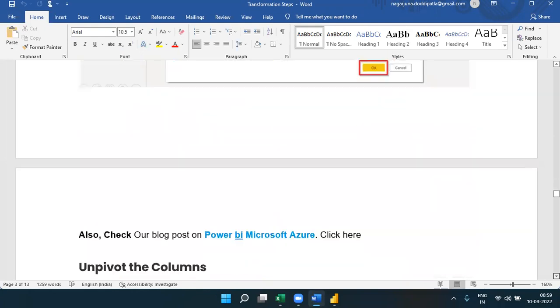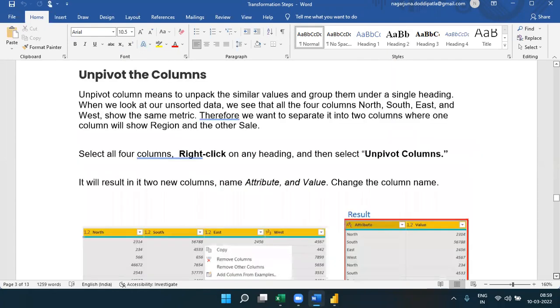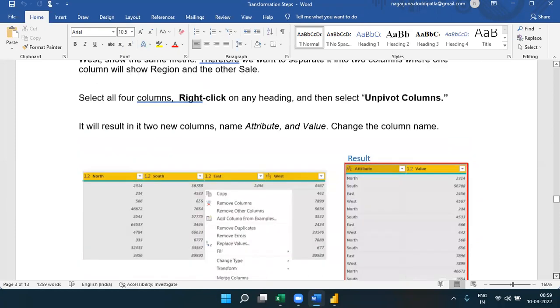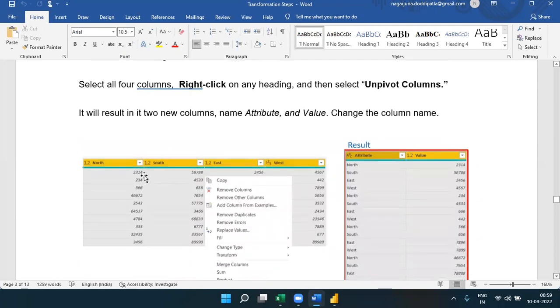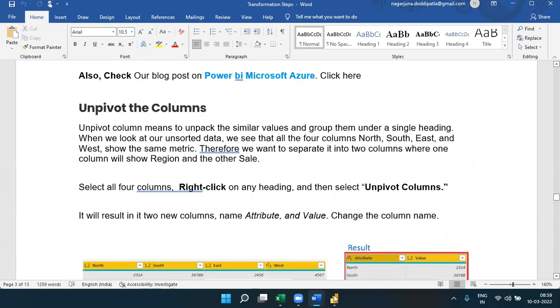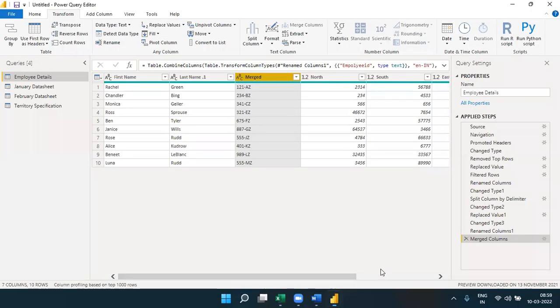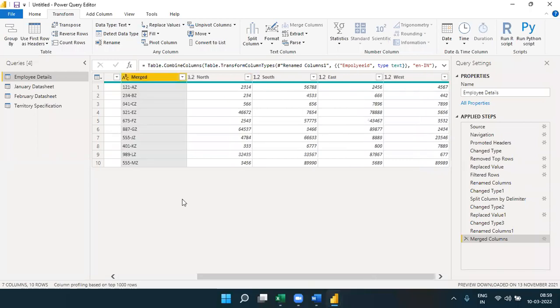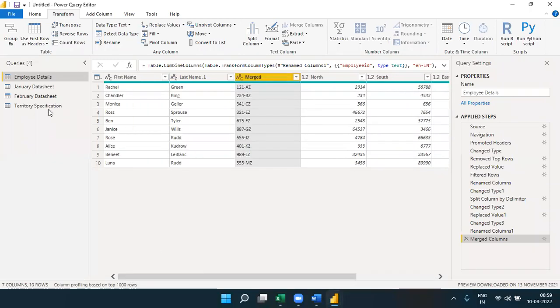So next, unpivot the columns. Okay, so means he wants to go with the columns of data ni rows of data ga marchali anukuntunnadu. Okay, he was saying that unpivot on the columns. So unpivoting is something different from a transpose. Okay, let me quickly show you what is meant by transpose. So transpose is nothing but let's say okay, transpose ni ela nenu define cheyalante,